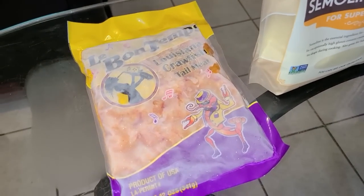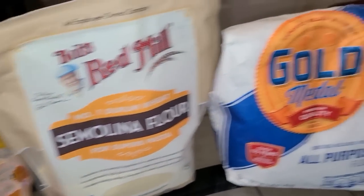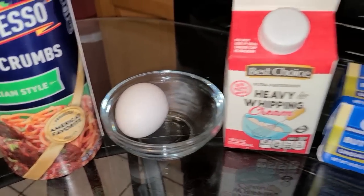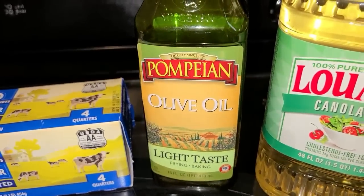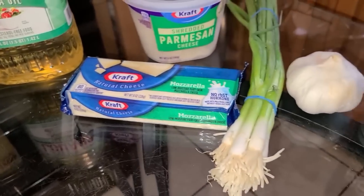Alright, here's all you'll need to make your New Orleans Crawfish Ravioli. Let's get started with our ingredients. You'll need 1 pound of Louisiana crawfish tails, semolina flour, all-purpose flour, Italian breadcrumbs, 1 large egg, heavy whipping cream, unsalted butter, olive oil, vegetable or canola oil, shredded Parmesan cheese, mozzarella cheese, and for your seasonings, you will need